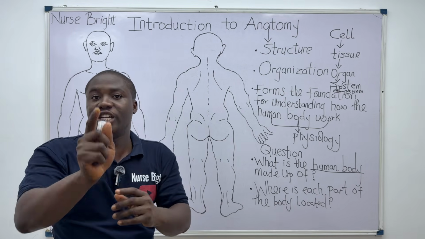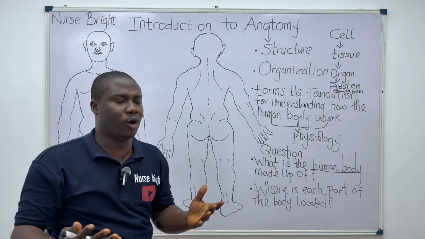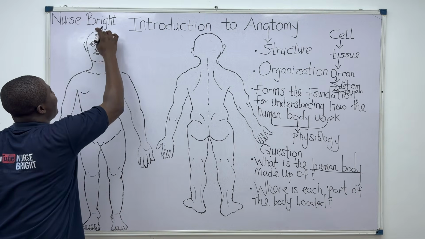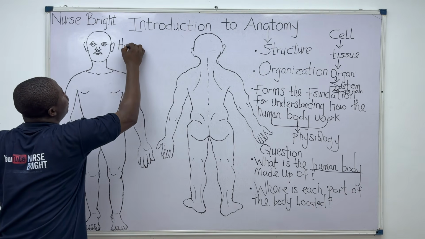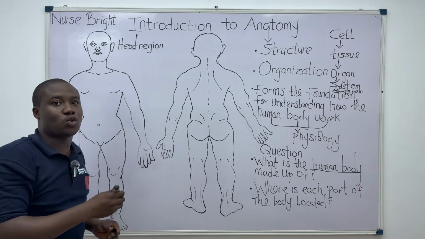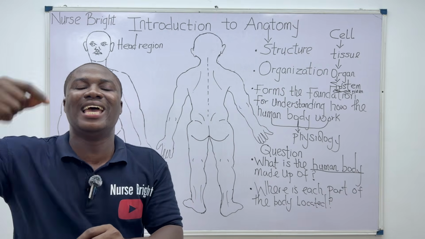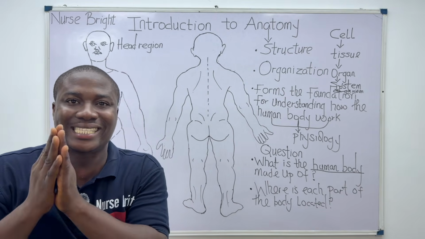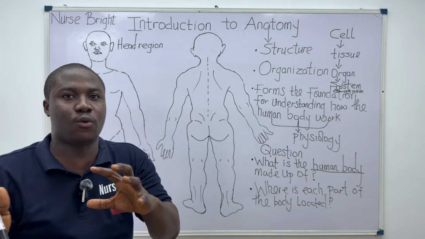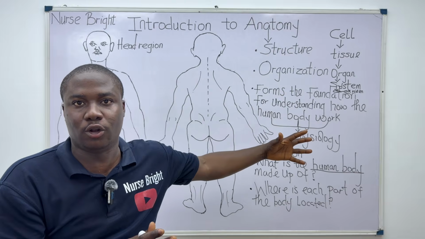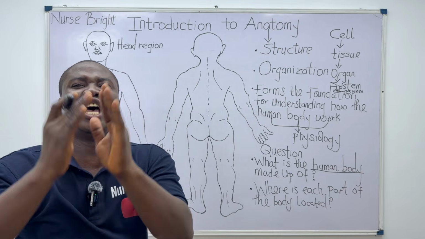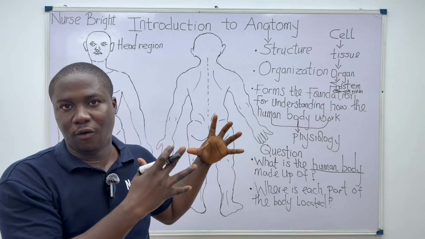Now, when we talk about the regions of the human body, for instance, this is the head region. So, here is the head region. Pay attention. And anatomically, because we are about to start learning anatomy, it is very essential we know the right terms to use. We don't just call it the head region. We don't just do as if we are still at basic level, all right? Now we are going advanced. Then we have to use the right terms for all of these regions.